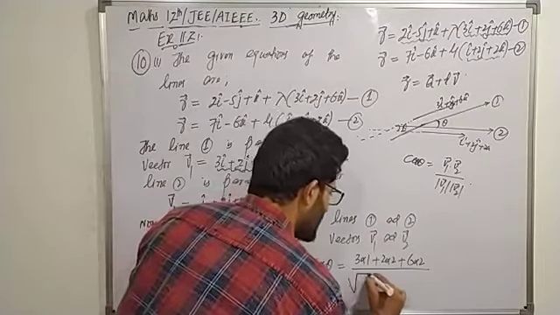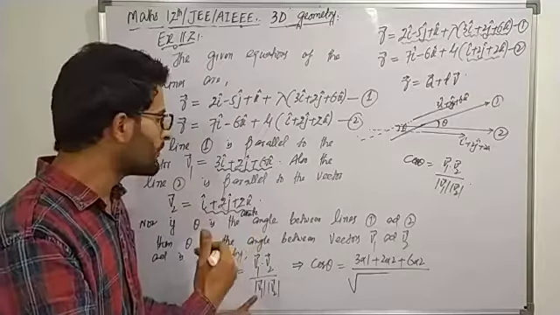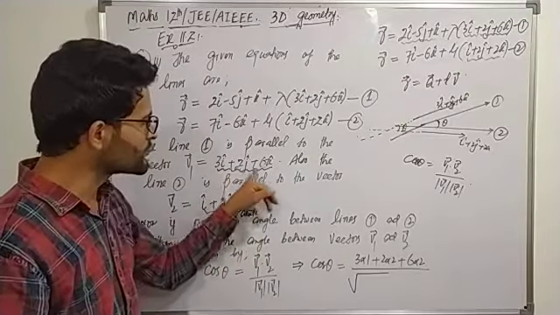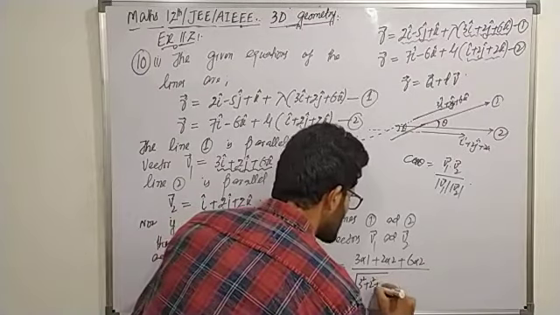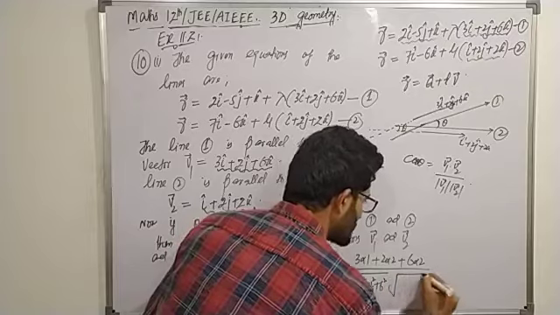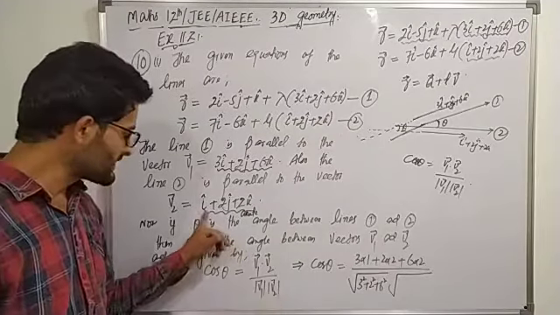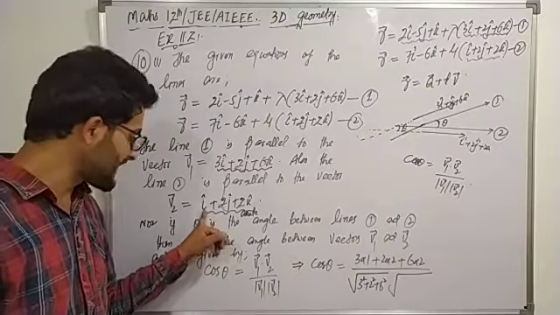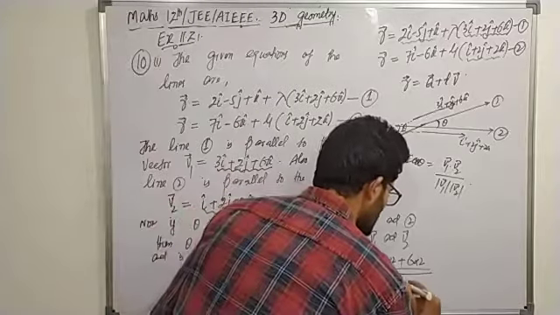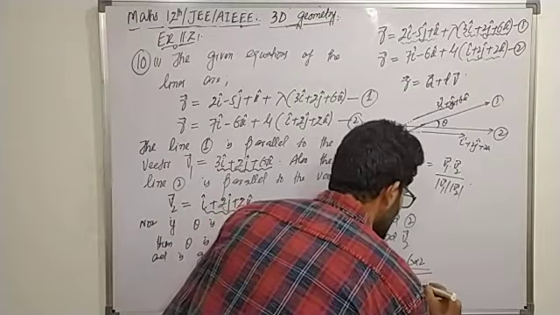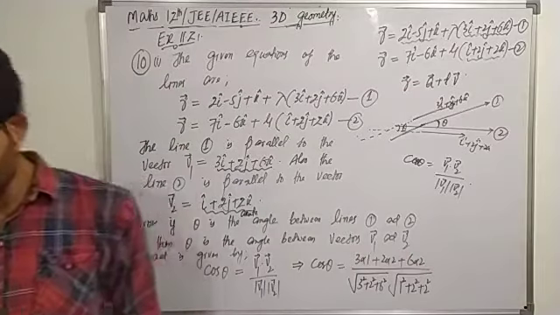What is magnitude equal to? Non-negative square root of sum of squares of the scalar components, that is 3 square plus 2 square plus 6 square, into square root of, yes, magnitude of v2, so non-negative square root of sum of squares of scalar components of vector v2, that is 1 square plus 2 square plus 2 square. So 1 square plus 2 square plus 2 square, which implies this can be written as,